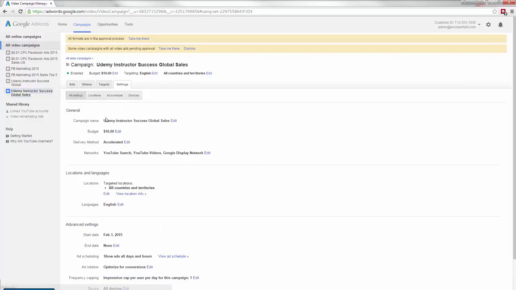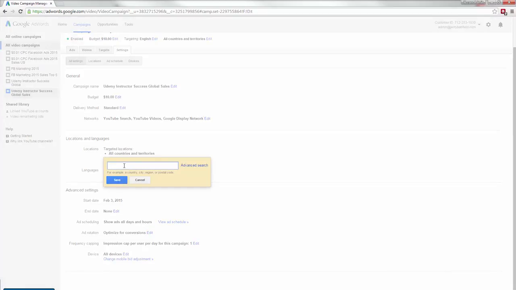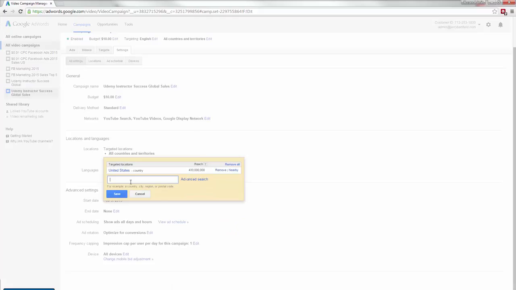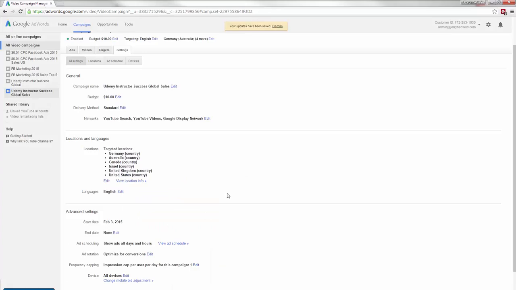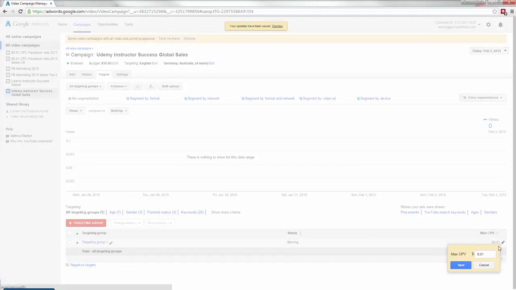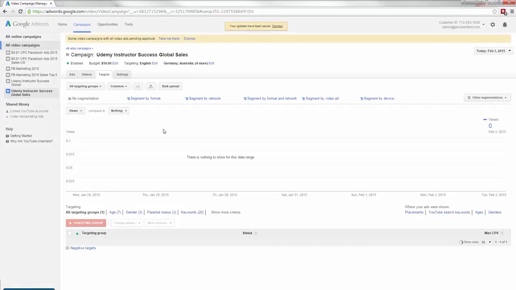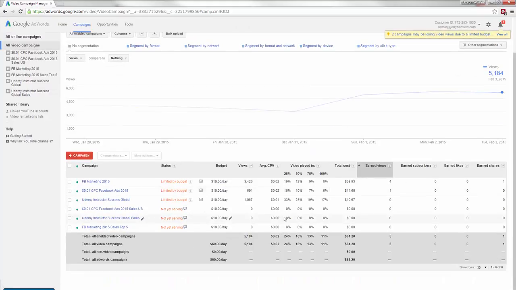So I go into settings, put standard on, and now I want to dig deeper into a lot of the countries that I've got sales on instead of just the US. So I'll edit and I'll put US in here, and then I'll go down and put all of these other countries in. So now I've got all of those in one, and now I have to switch the target out again and put the cost per view to like 8, which is where I'm hoping around the bottom of it will be. So now I've got 3 new ad campaigns set up,